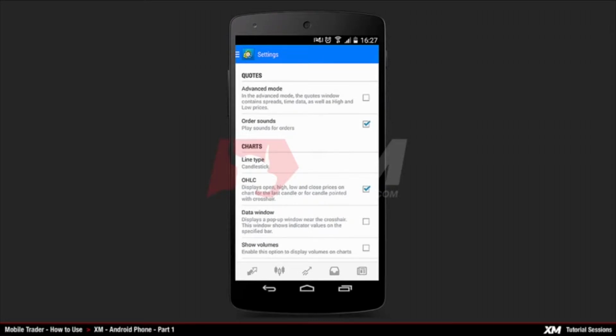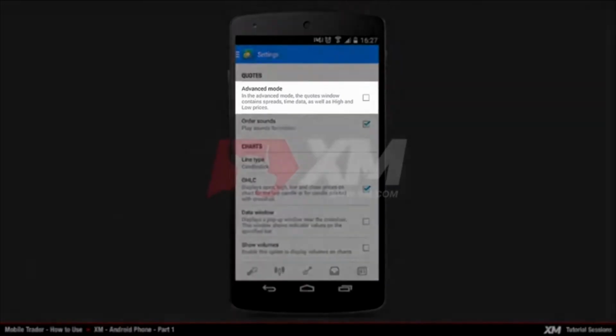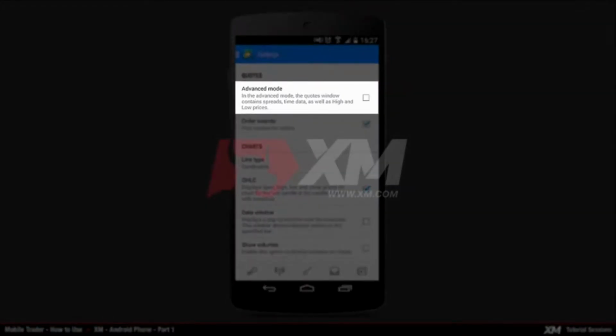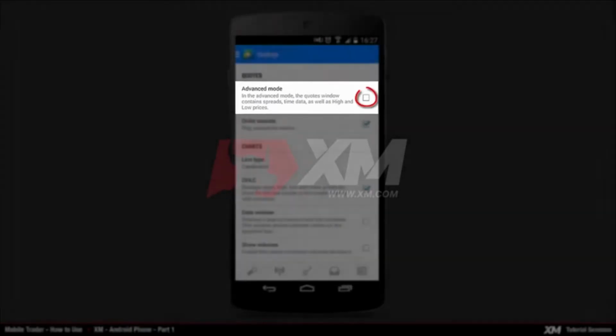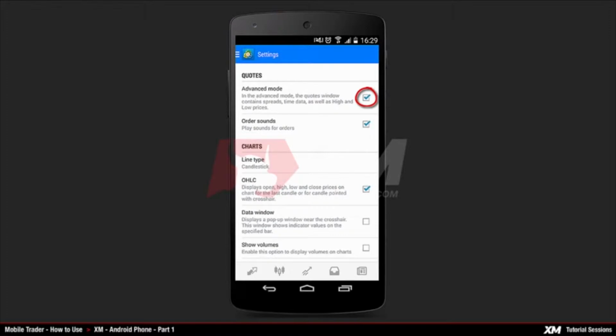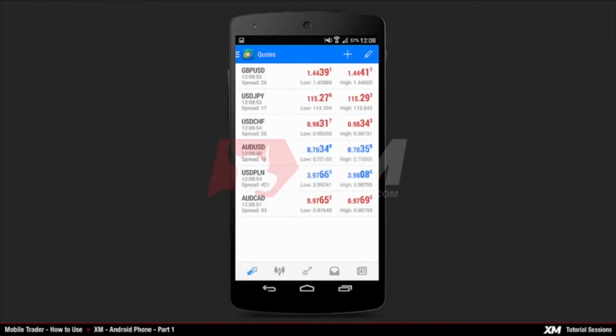At the top of the menu, you find the Advanced Mode section, which shows you the current spread of an instrument, the time when the price was last updated, and the high and low values of the market prices for that specific day. Let's enable this option to see the difference. Click on the Quotes tab to go back to the main Quotes section, where you can see that this option